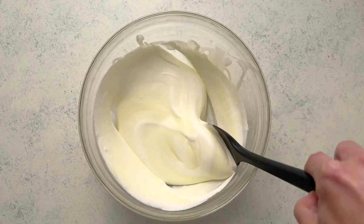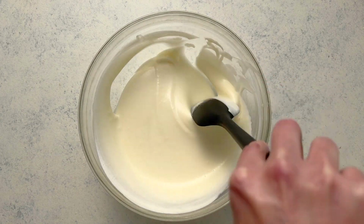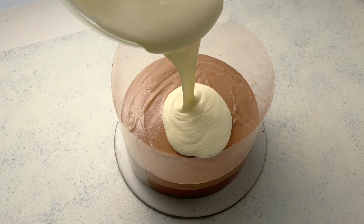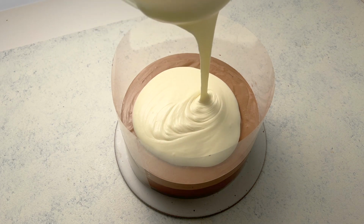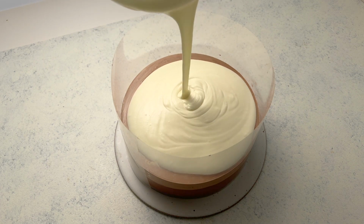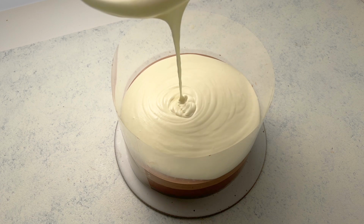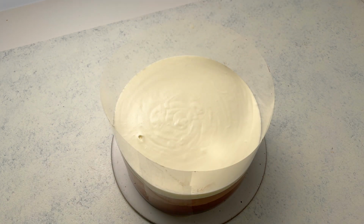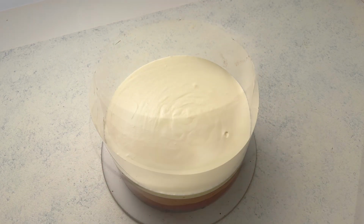Once the white chocolate mousse is completely combined and ready, go ahead and pour this on top of the milk chocolate mousse layer that has been chilled. This is very pourable, so you don't need an offset spatula. Instead, just pour it on. And then I like to give this just a gentle shake to get everything smoothed out and pop any bubbles if there are any. At this point, you're going to chill it for about 4 hours to set that top